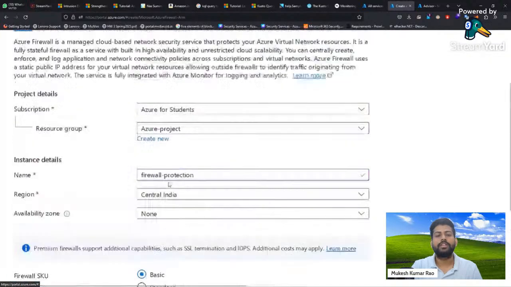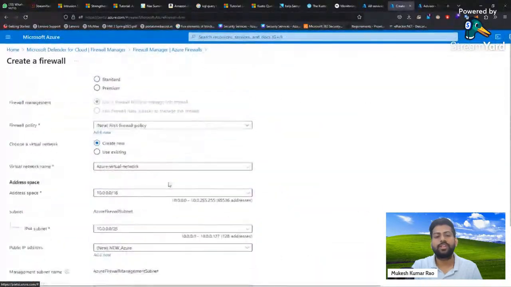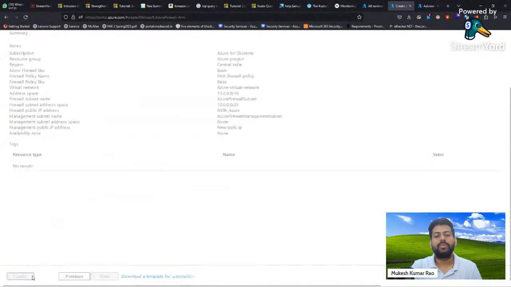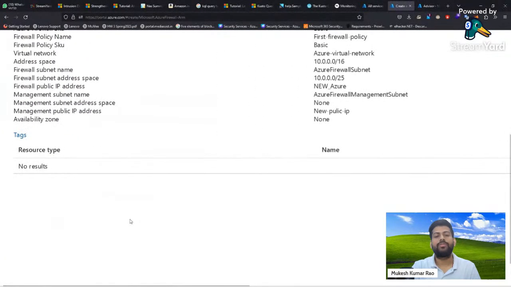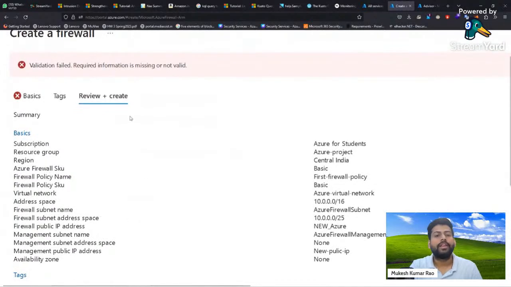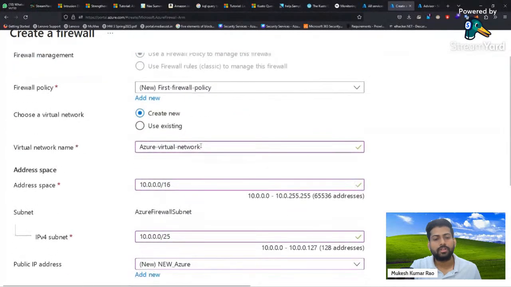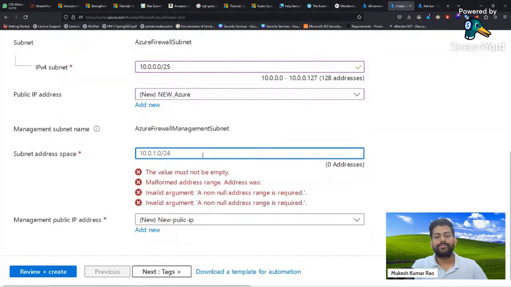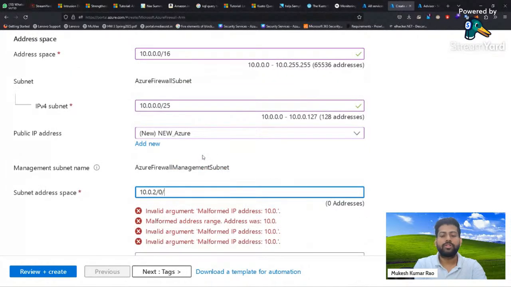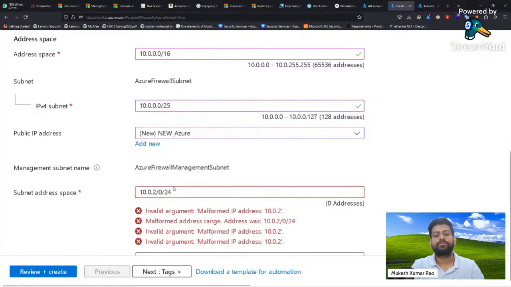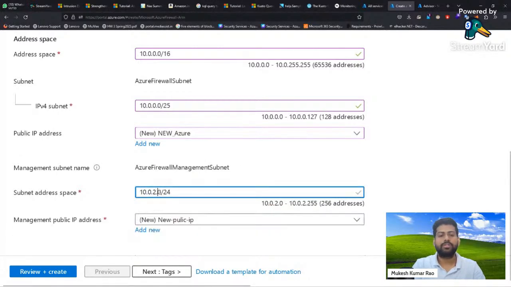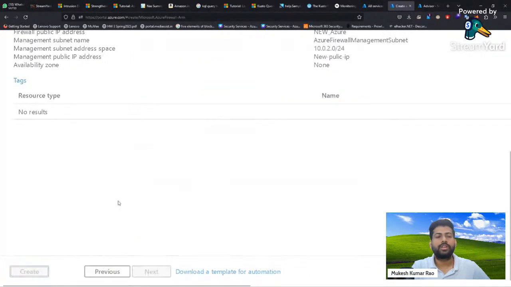So all the settings are done for the firewall policy that we are creating, and then you can review and create. So we'll see if all the tests pass, and here we are seeing that something is missing. So we'll go back and see which information we missed. Oh, so there we can provide 10.0.2.0/24. Okay, so we'll get subnet address space and let's review and create it.